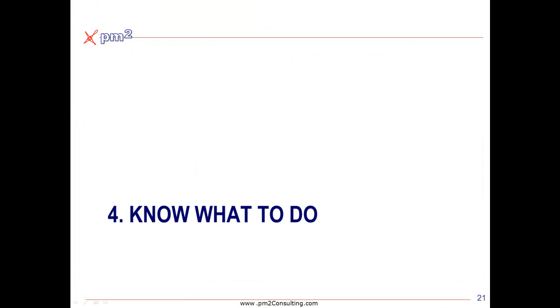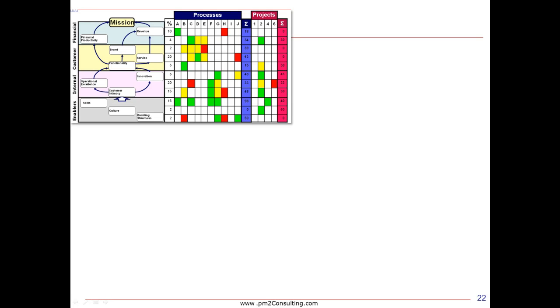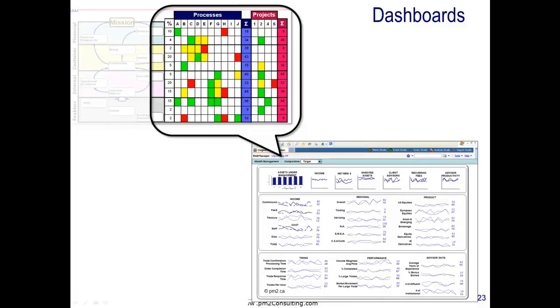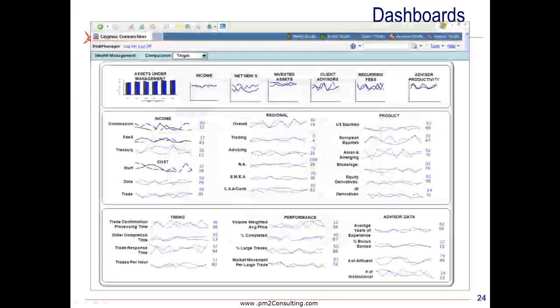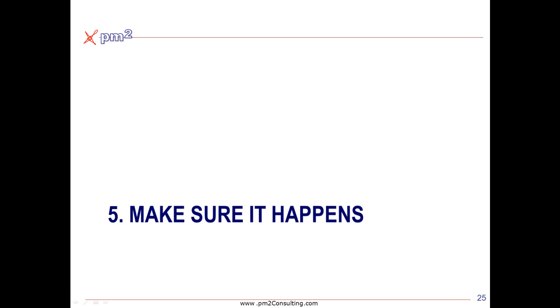From here, we then have to help management know what to do. We need to take those strategic drivers that we identified and the process and project linkage and build more detailed dashboards that provide data for us on a more timely basis that's intended for the process experts inside that part of the organization. So in this environment, we now have the final step of making sure that what we've asked to occur really happens. To do this, we need to build information systems that support how management thinks.